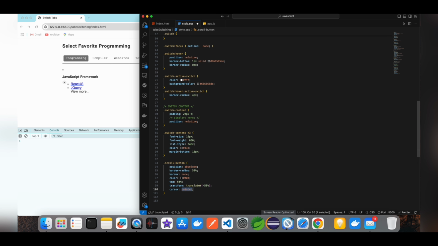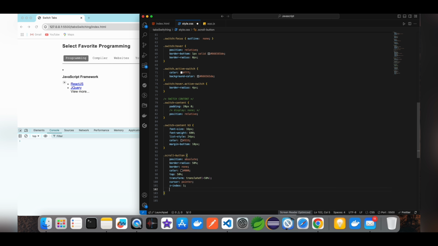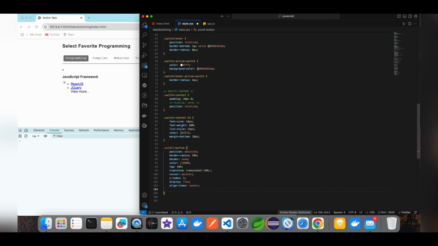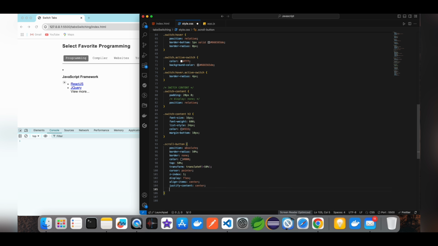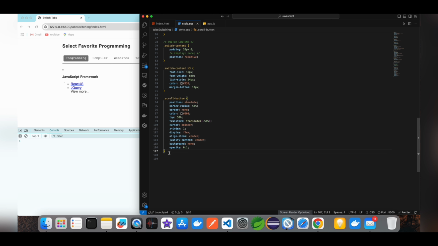I remove the background, so border radius and border are not affected here. You can also get rid of this. You can simply use top, transform, cursor, z-index, and justify content center. I want the button in the center, so use display flex. And first is opacity 0.1,